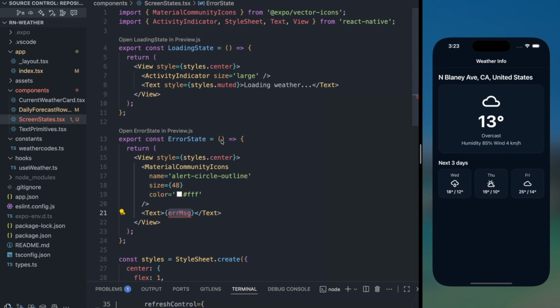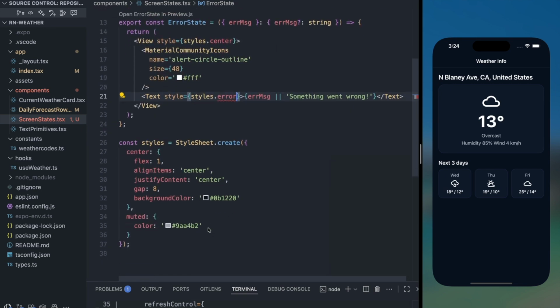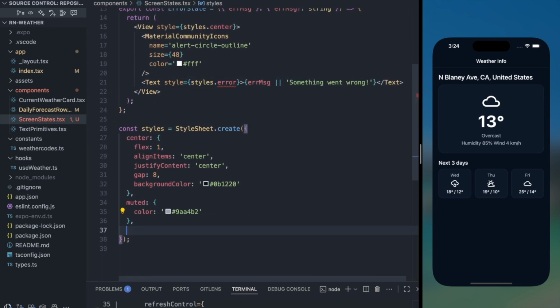This error message I will get from my props. I will give it a type string. This is an optional parameter, so I will add question mark. Save it. For default value, I will add "Something went wrong". Save. Next I will add style and I will call it styles.error, and inside my styles I will create a